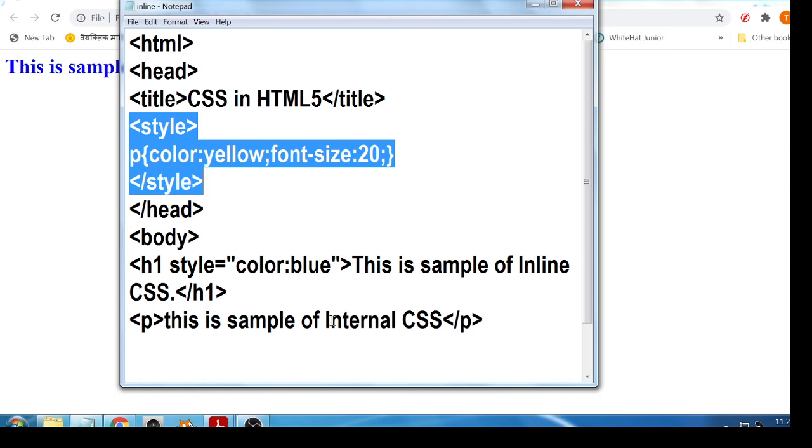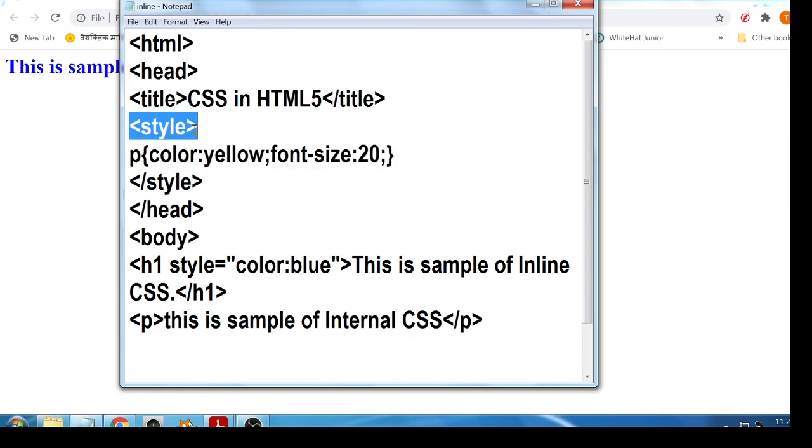How to define internal CSS? For internal CSS, you are required to define the style tag in the head section, otherwise the body section. Here I define the style tag in a head section.